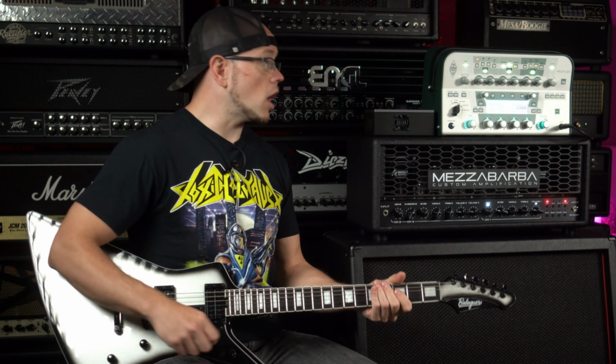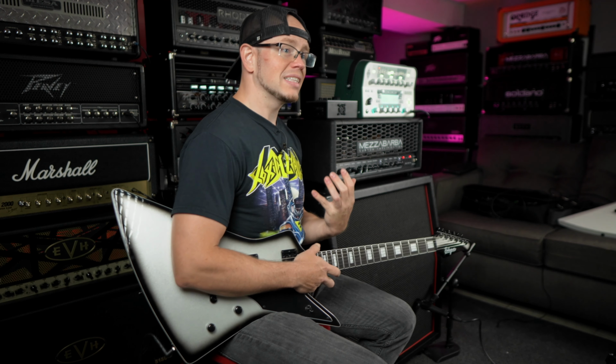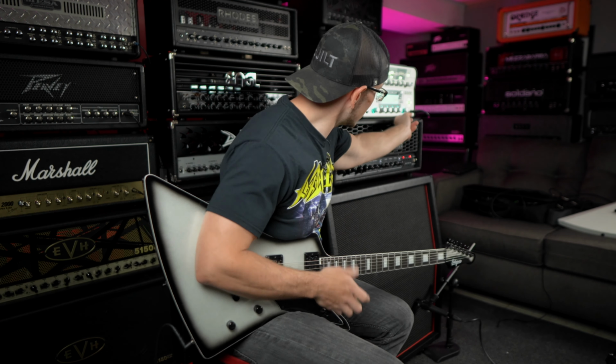All right, that sounds awesome. First thing I'm noticing is it definitely has that little bit of a nasally quality that the blue channel of the 5150 50-watt 6L6 has. It captured that nicely. It definitely has the smooth gain structure for sure. One thing I am noticing in the presence,